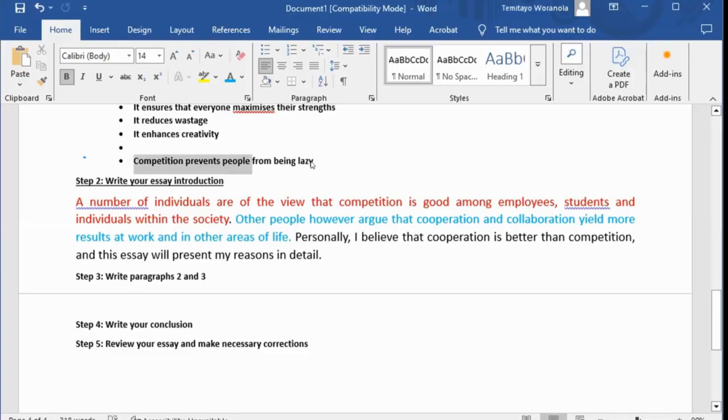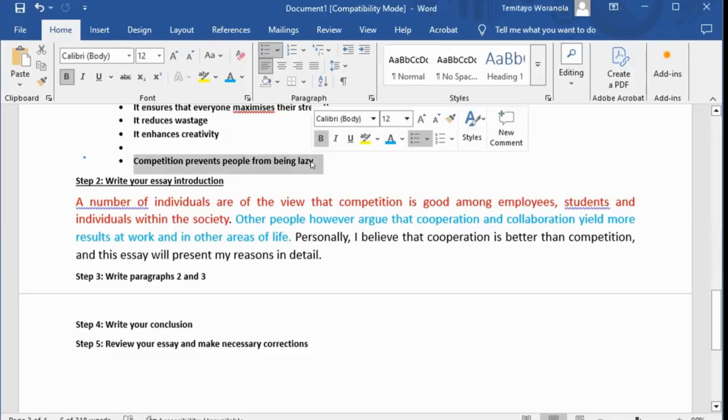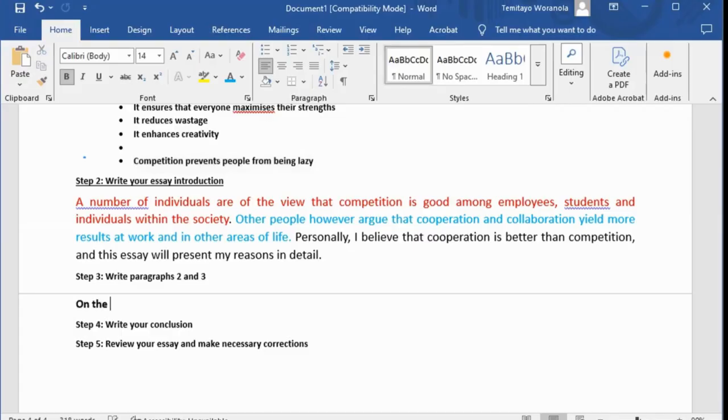And what is my point for competition? Competition prevents people from being lazy. That's the thing I want to write now. So this sentence here, I want to expand it into 3 or 4 sentences. Okay? And that will form paragraph 2. So this is how I'm going to start. On the one hand,